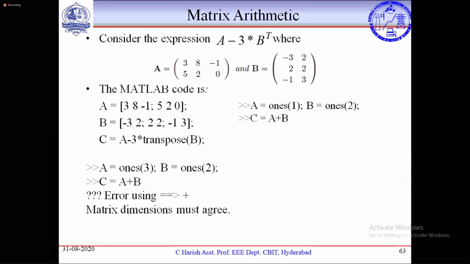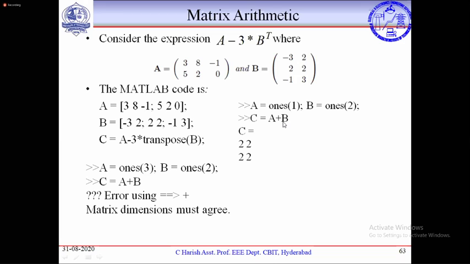Can I show the solution here? C equal to 2, 2, 2, 2. Why? Because ones of 1 is one element here. This is a scalar. When there is only one element, it is a scalar. A scalar is added to the 2 by 2 matrix. It will have element-wise addition. Directly there will be an addition.